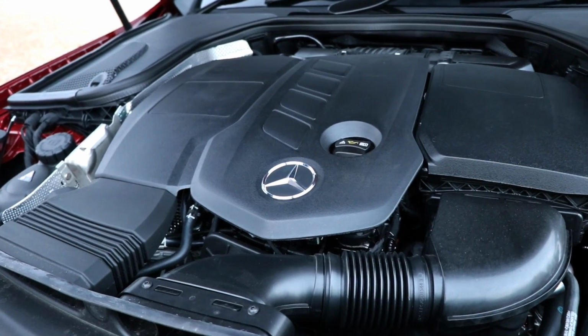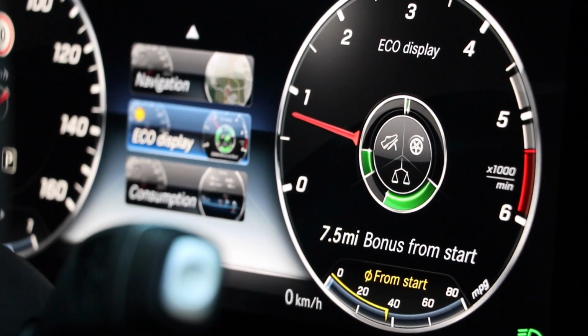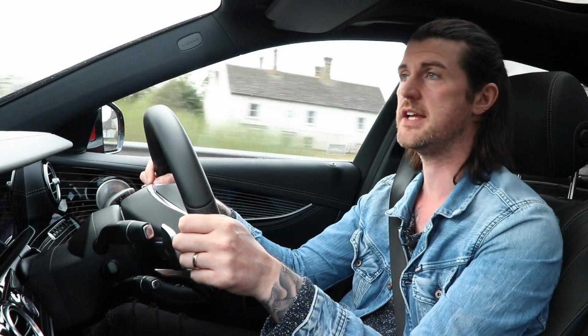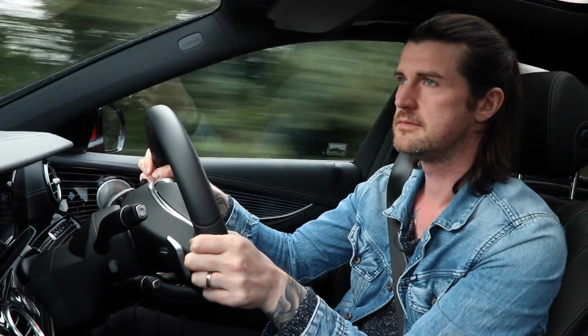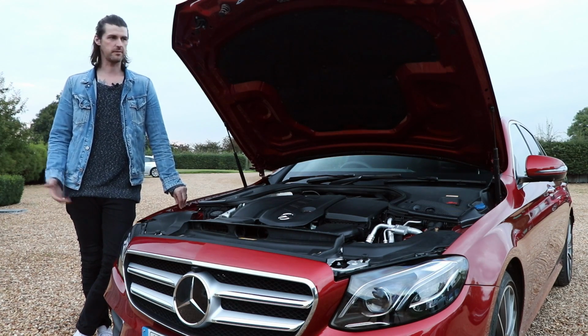Or economical, because in this, a massive luxury saloon, don't forget, it manages to return a 72.4 miles per gallon average with 112 grams per kilometre of CO2. And yet, do the 0 to 62 miles per hour sprint that everybody's so bothered about in just 7.3 seconds. Now that's pretty much hot hatch quick. It's quicker than a Golf GTD. Imagine if somebody told you 10 years ago that that was all possible. They'd tell you to...